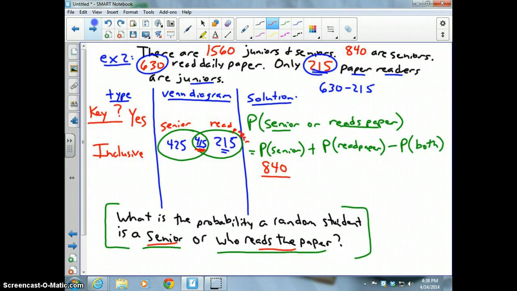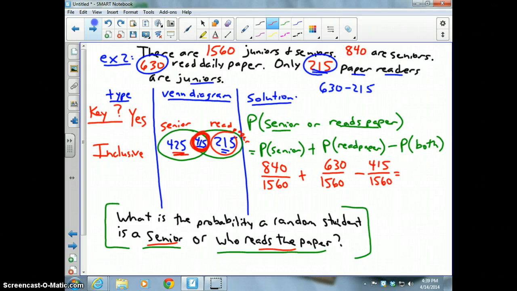These two numbers right here add up to 840. There's 840 seniors out of 1,560. Plus, how many read the paper? Well, that's these two numbers. There are 630 paper readers out of the 1,560, minus the ones that are both. That's the intersection point. So I'm going to minus off 415 of those out of the